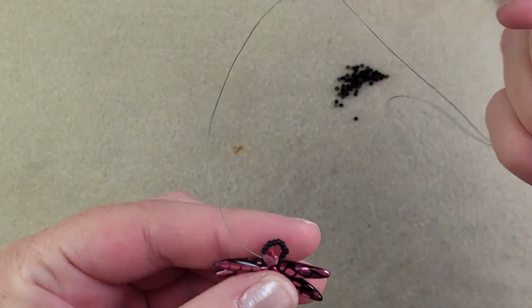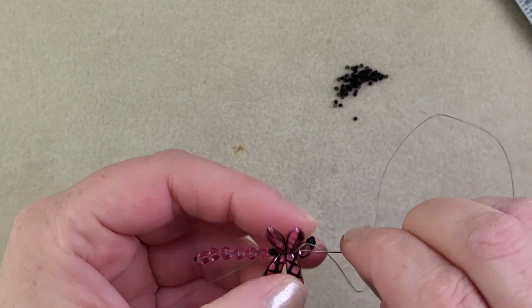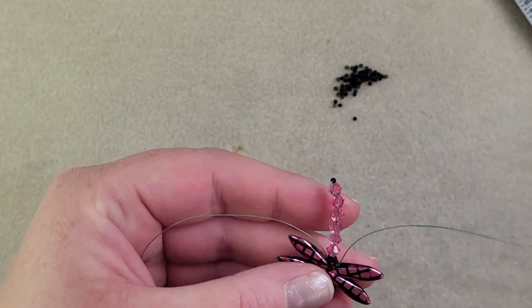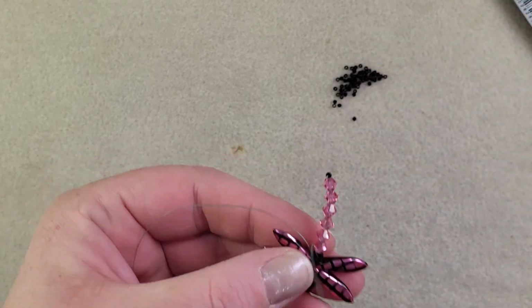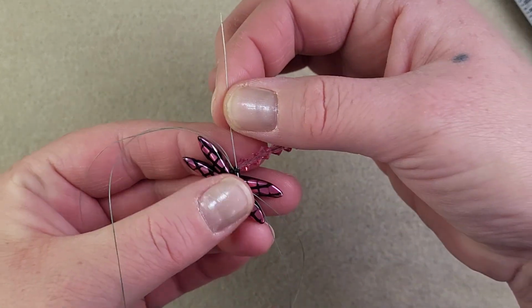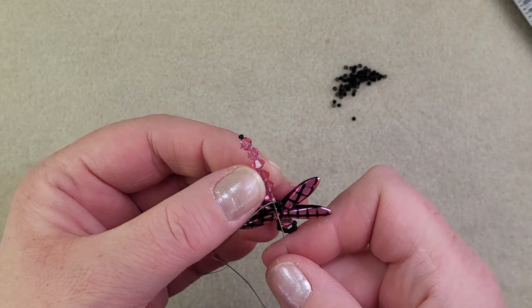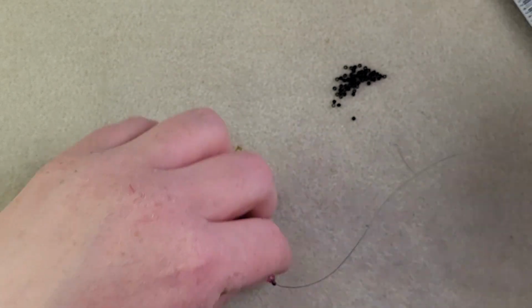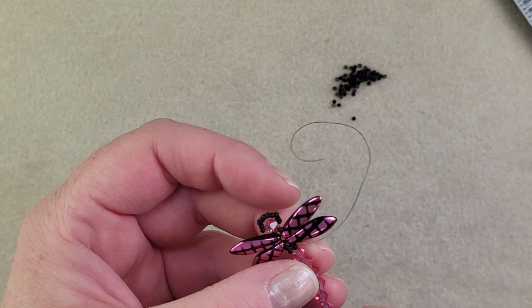So now basically what we're going to do is we're just going to go through and reinforce it. So I'm going to go back down through this 15 and through the wings. Okay, and this is what they say is going to tighten it up. So I'm going to run through this 15 and this 15. And down through these crystals, making sure that I'm getting through all of them. I'm going to go back through this bead, give myself a little more string here, go back through the crystals,